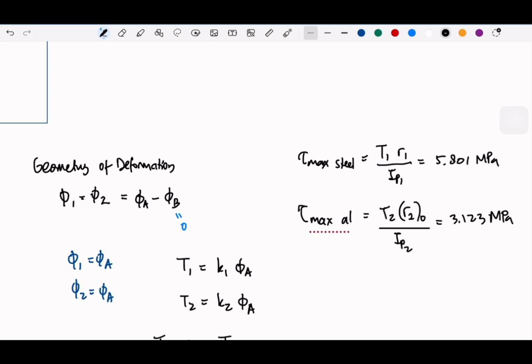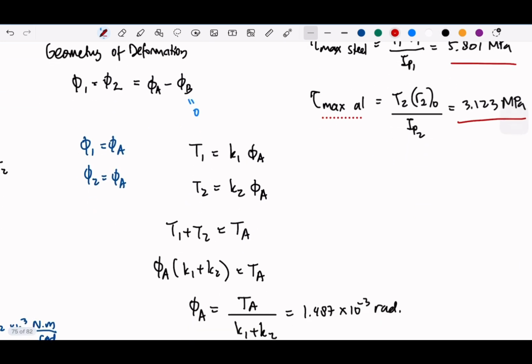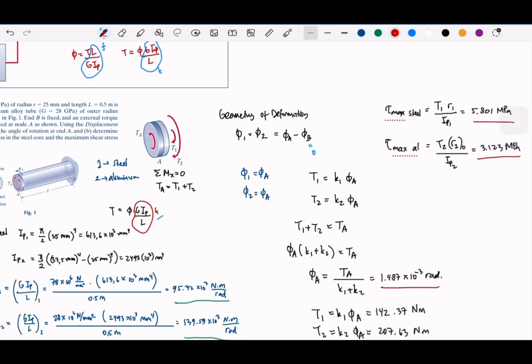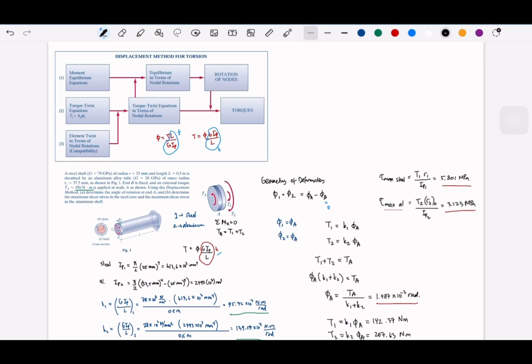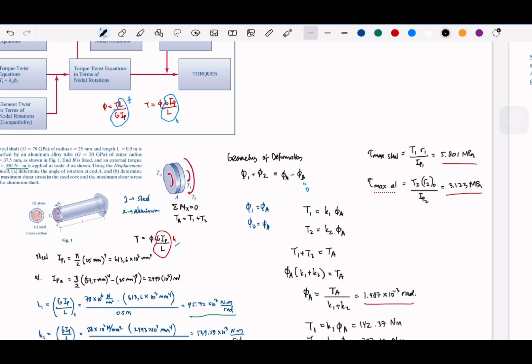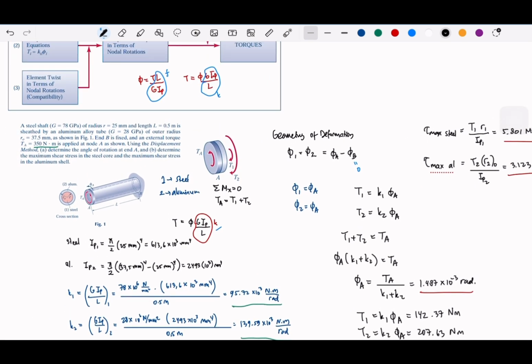Okay, so that's the answer for tau max. And again, this will be a typical question in the statically indeterminate topic. So I think that's it for the statically